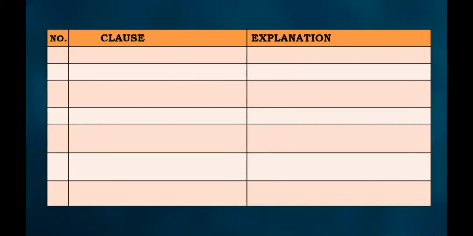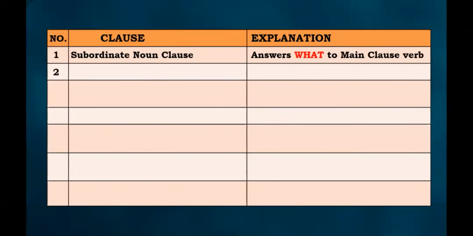So always first go for noun clause, then for adjective, and last for the adverb. Okay. And the question that you ask is what? Very good. Okay. So subordinate noun clause, you ask the question what to the main clause, and the subordinate clause answers it. Clear with this? Noun clause, you have to ask the question what. तो ऑब्वियसली पहले आप व्हाट पूछोगे फिर आंसर आएगा, इसका मतलब है कि वो नाउन क्लॉज है. ठीक है. ओके. नेक्स्ट इज सबऑर्डिनेट एडजेक्टिव क्लॉज.